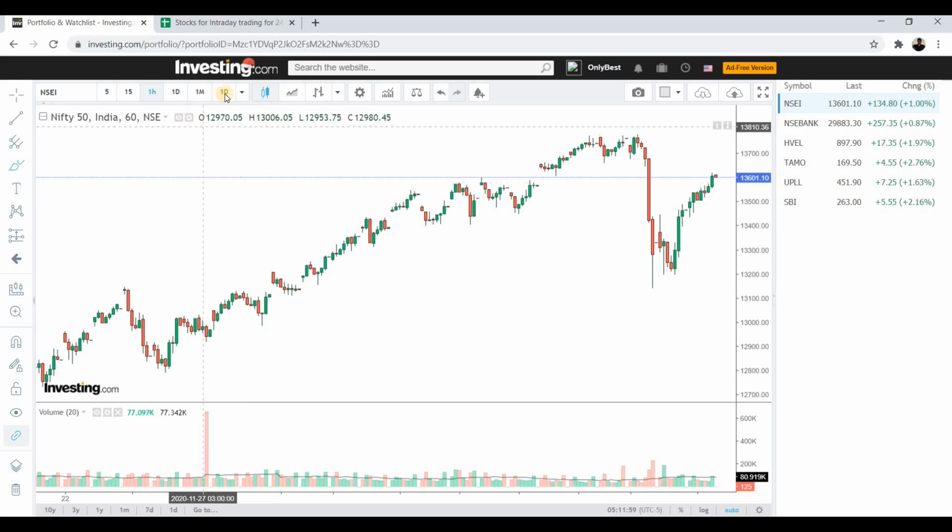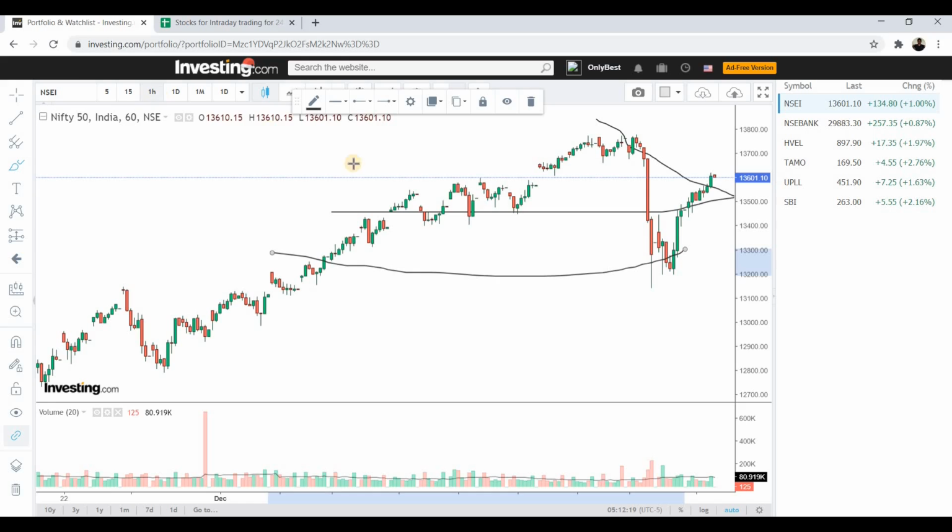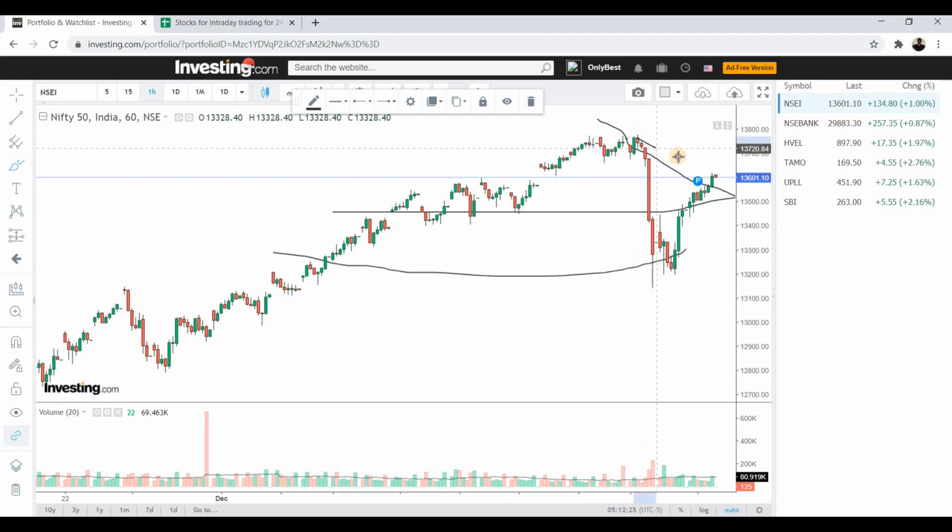Going to Nifty 50, if we go to the daily chart, we can see a similar kind of situation. We can also draw a trend line up to the current market price, and this is a strongly established support level around 13,500 to 13,318. If we go to a lower time frame, specifically the hourly time frame, I will draw a more concise trend line